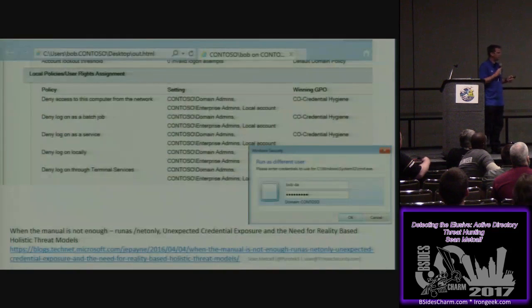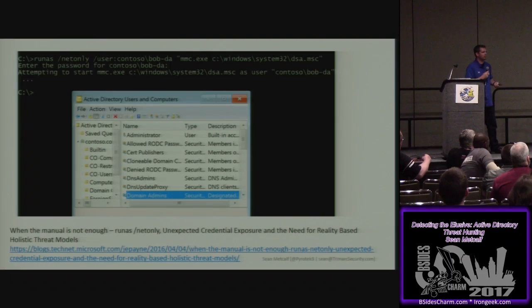Let's look at an interesting situation that Jessica Payne with Microsoft again pointed out. This is a way to lock down your workstations so domain admins cannot log into them, which makes sense. You prevent them from logging on interactively. They can't connect. They can't RDP. They can't run batch jobs or services. Even if they log on as a regular user account, they cannot do run as. Makes sense. However, with run as netonly, it just loads this into memory, and that credential is leveraged when